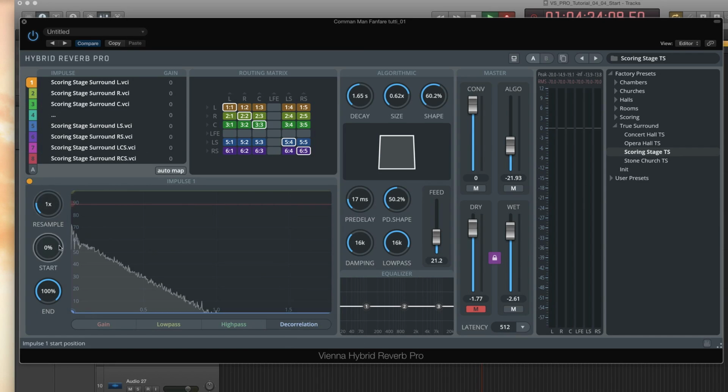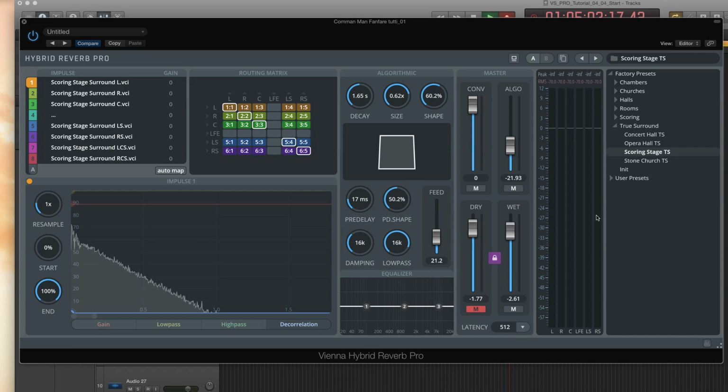Start moves the starting point of the impulse response samples. End moves the end point of the impulse response sample. This can be a nice touch for special effects. A right-click in the impulse window brings up the context menu, which lets you reset the selected envelope, reset all envelopes, reverse the selected envelope and automatically adjust the visible part of the envelope with auto time.